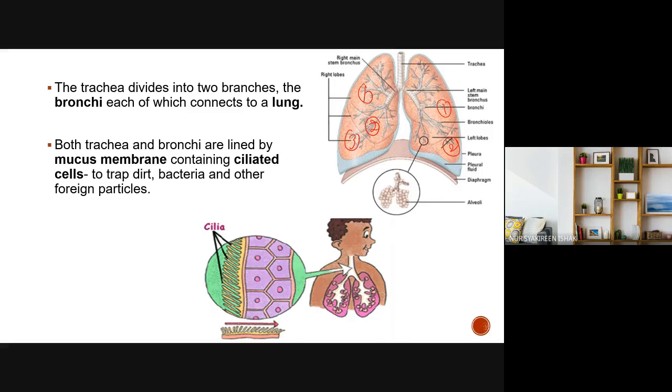Like that. So both trachea and bronchi are lined by mucous membrane containing ciliated cells to trap dirt, bacteria and other foreign particles. That is what we learned in the immune chapter. The trachea is lined with cilia, and it has what we call goblet cells. The function of the goblet cell is to secrete mucus. So when you inhale air, the contaminants within the air will be trapped by the mucus, and then the cilia will sweep the mucus upward to enter into the